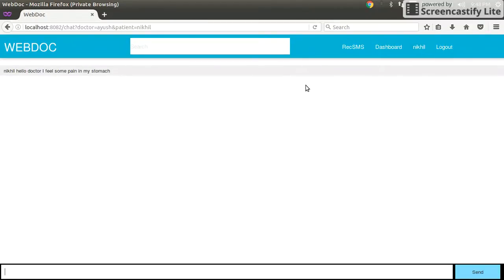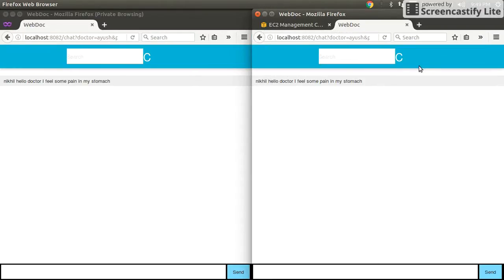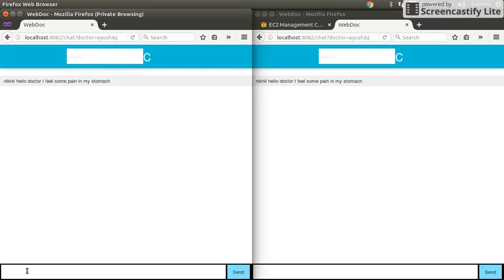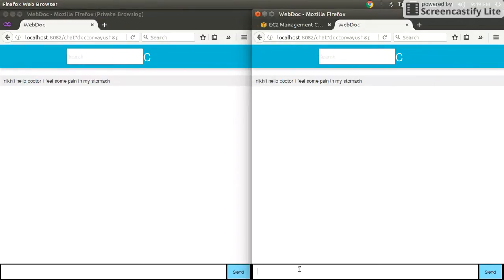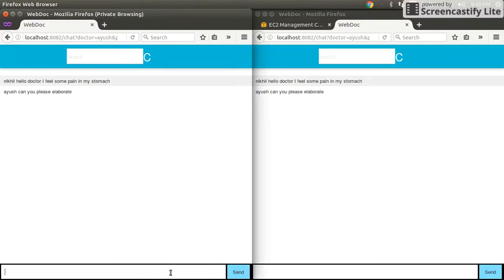So let's see parallelly how this is actually working. So I kept Nikhil to the left and doctor to the right. Now the doctor sends another message: "Can you please elaborate?" And Nikhil receives the message. And now again Nikhil sends,